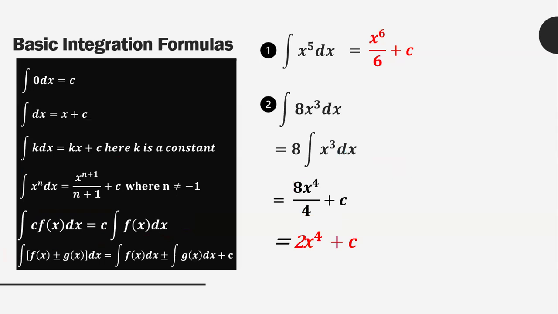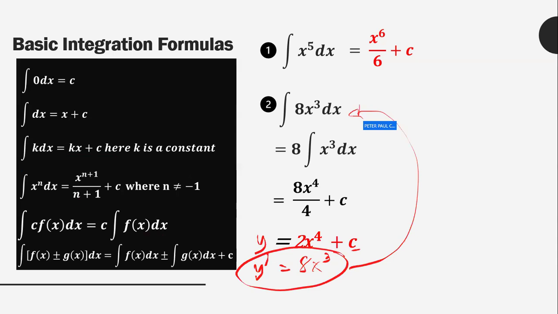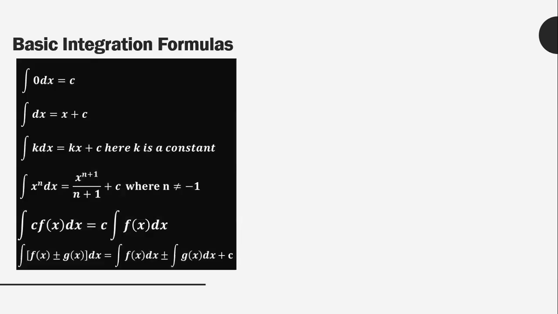So how do we check if our answer is correct? Get the derivative, y prime. So if this is y, your y prime is 8x cubed. Then what is the derivative of c? That is 0. So it's indeed correct that when we get the integral of 8x cubed, the y prime, the original function is 2x to the fourth plus any constant value. And it will always go back to that derivative. Okay? Let's move now to example 3.